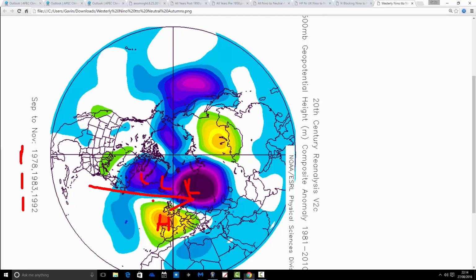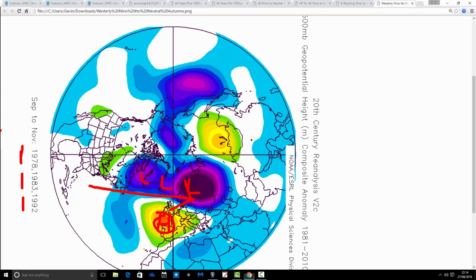Again, quite dry autumns. That's the same throughout all of these, whether it's the El Nino to La Nina autumns or whether it's the El Nino to ENSO neutral autumns. And I think the El Nino to ENSO neutral autumns are the ones to concentrate on. But whatever we look at, there's always a lot of ridging close to us. This one just happens to place a ridging around France and the Bay of Biscay around here, and has the jet stream generally to the north of us.